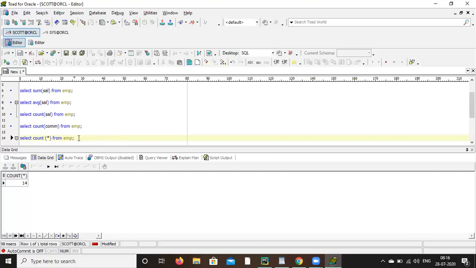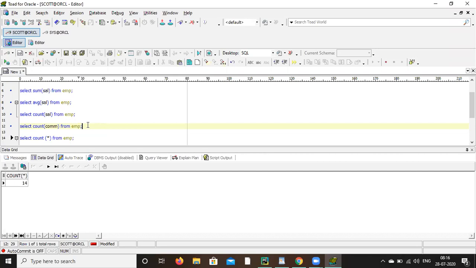So here you can get some interview question like what is the difference between count star and if you give some column name. Anyhow, in the employee table, 14 records are there. If you do star also, you will get 14 records. And if you give column name, you will also get 14 records provided there should not be any null value. So when you do count of any column, then you'll come to know how many null values are there in that particular column.